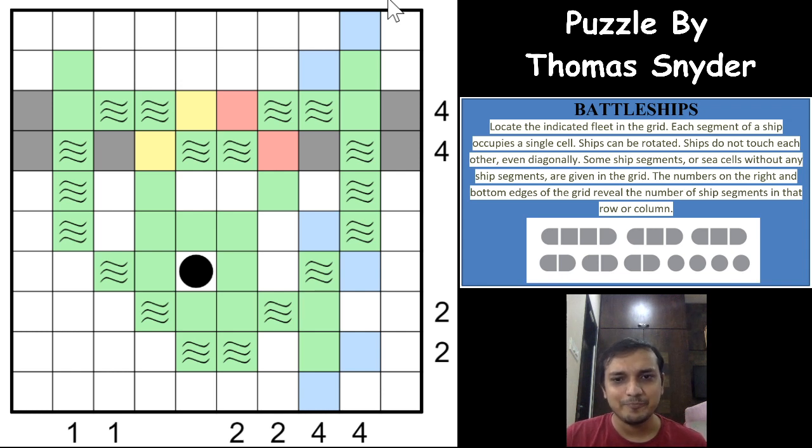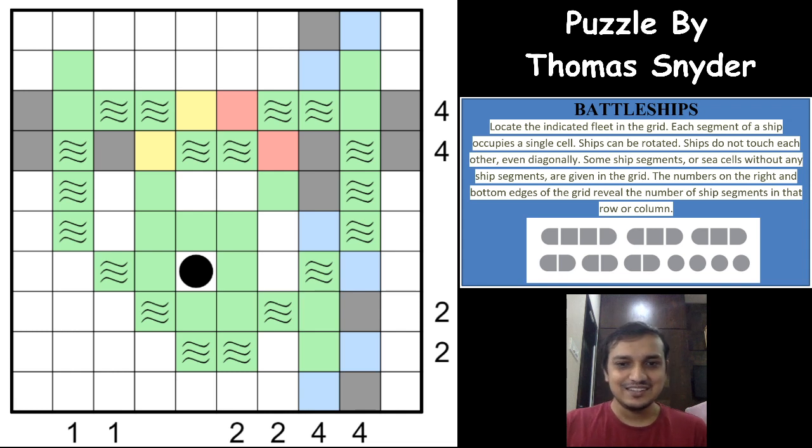which gives us 7, and we need to fill exactly 7 cells here, which means that out of these 6 cells, 3 cells will surely have to be ship segments, and all the other remaining cells will have to be ship segments, right? So we have marked 1 2 3 4 5 6 7 and 8, and 8 will be fulfilled. Excellent logic, I would say, excellent logic. So which means that we can now mark the diagonal cells as not being part of a ship segment, right?